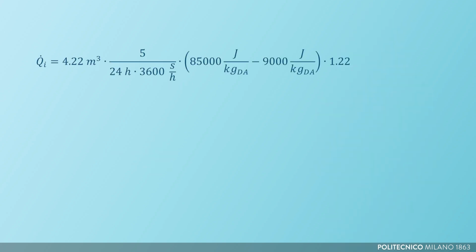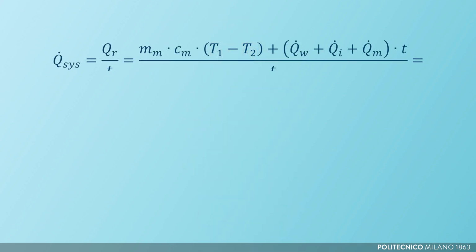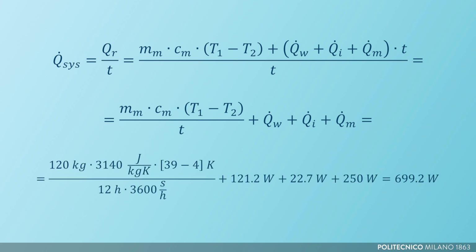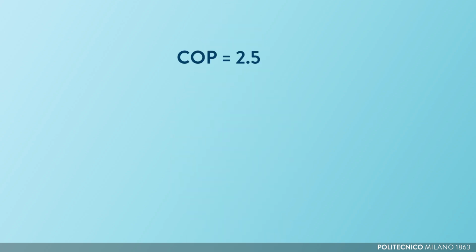Then, the heat gain from air infiltration is about 22.7 watt, and the heat gain from equipment and lining is 250 watts. At this point, using the equation presented for the load calculation, we obtain the mean refrigeration system capacity in this equation, which is about 699.2 watts. This is the refrigeration load that has to be removed from the cold room by the evaporator. Therefore, assuming a COP of 2.5, we can calculate the compressor power